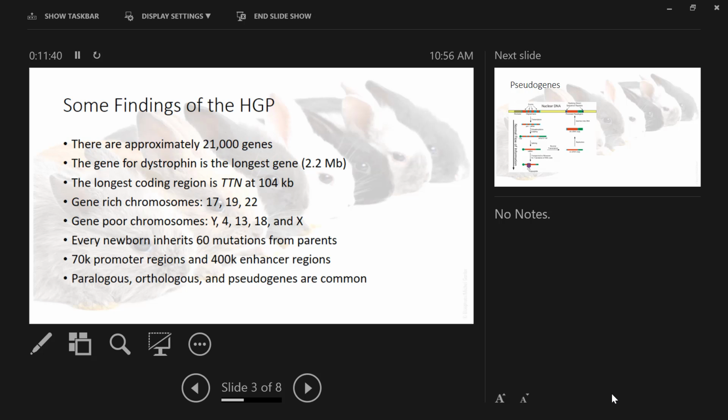We've got a number of genes in the MHC family. We'll talk more about that today, that are responsible for our immune response and our detection of foreign material. We've got a number of examples of orthologous genes in the human genome, and that's where we have to make a similar protein product to what other animals do. Okay, and we can compare our version of that gene to their version,